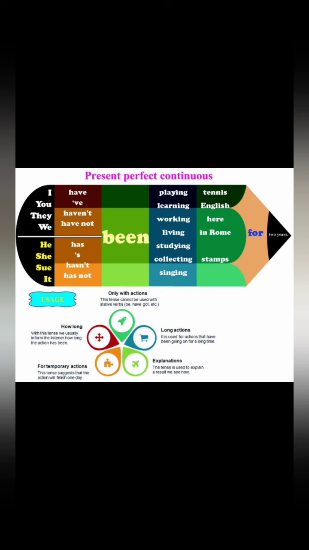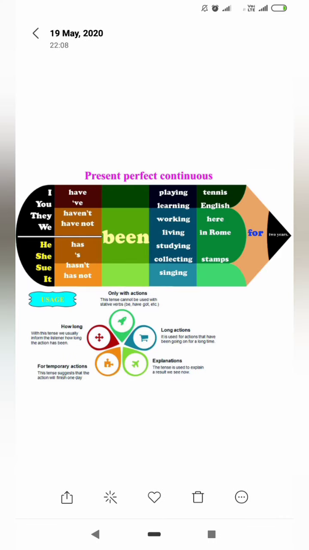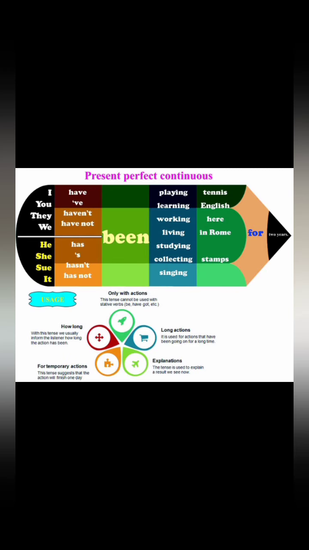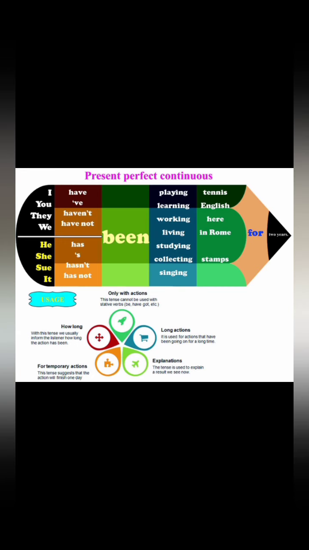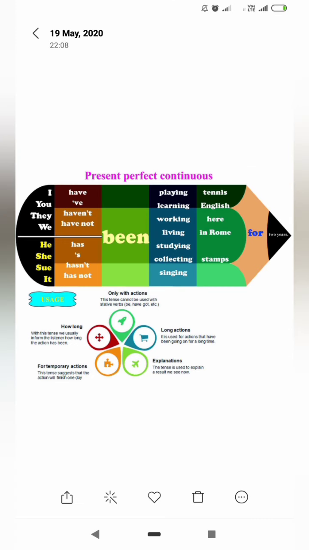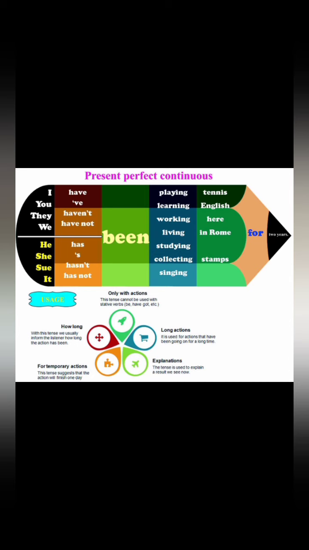Present perfect continuous or present perfect progressive is the verb tense which is used to show that the action started in the past and continued up to the present moment. It is still happening. Okay. In this, we have to write have or has plus been plus ing form of the verb. That means already we learned to use have and has. With that, we have to add been plus ing form. Okay. So it becomes present perfect continuous.